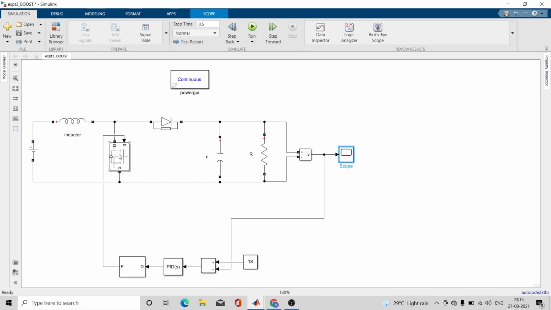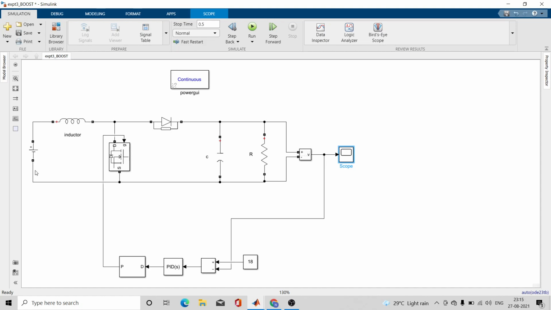For that open loop circuit, we had given the pulse generator to it. Here, instead of directly giving the pulse generator, I'm controlling the pulses. How am I controlling the pulses? By giving it feedback from the output. So how is it implemented?